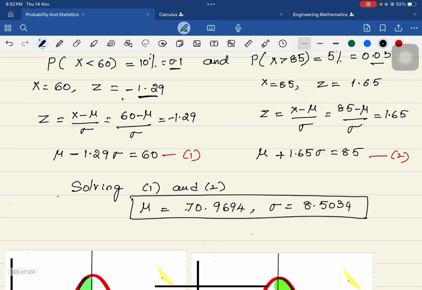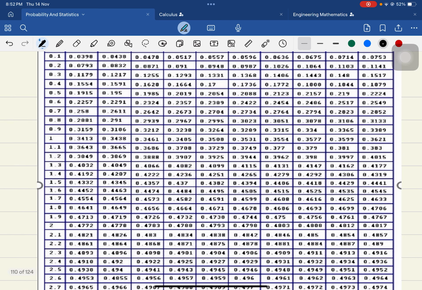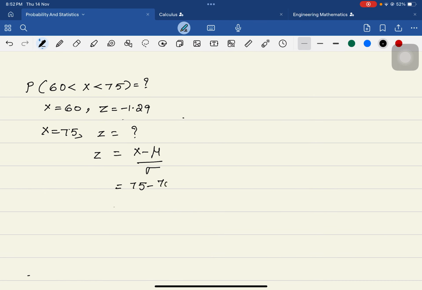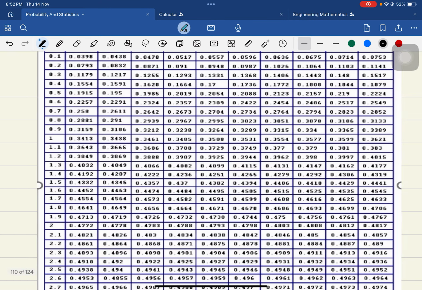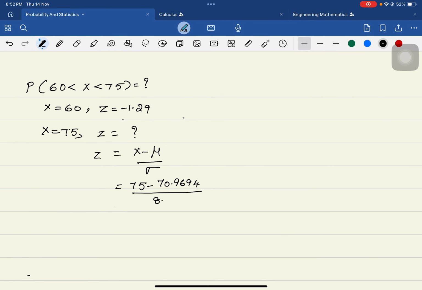We have solved the value as 70.9694. So, 70.9694 over the sigma. What is the standard deviation? We have got it as 8.5034. So, the value of z, when you take the corresponding value of x is equal to 75, is given by